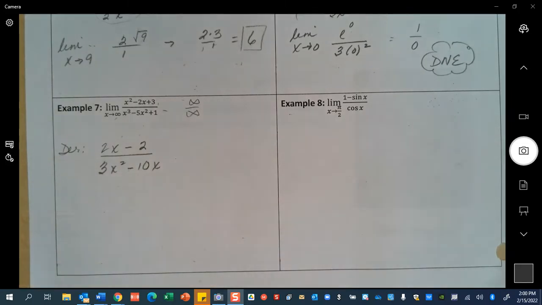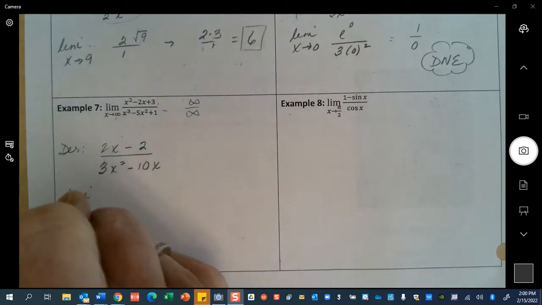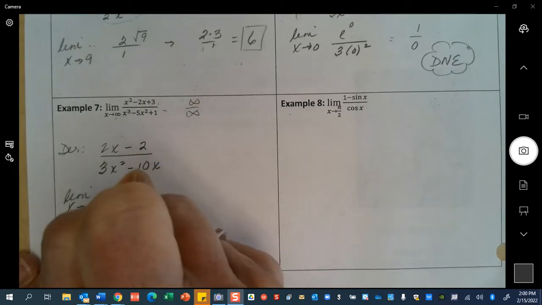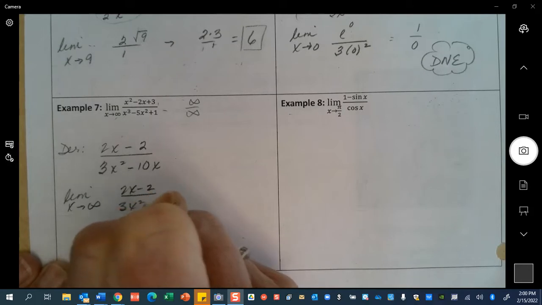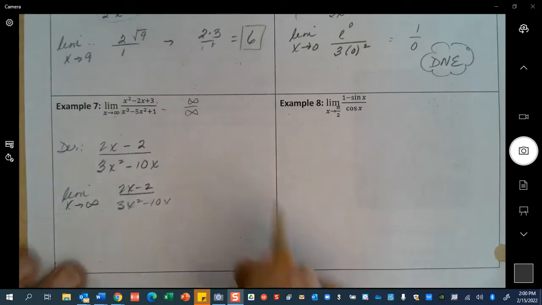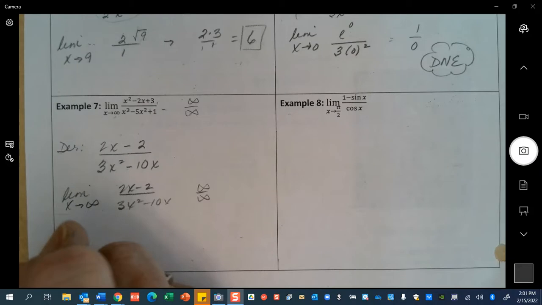And the interesting thing is here, when I go to take the limit as x approaches infinity of 2x minus 2 over 3x squared minus 10x, I still get infinity over infinity. Now you can argue that there's a bigger infinity down here, just the same as you could argue that there was a bigger infinity there. But what we can do is take the derivative again,